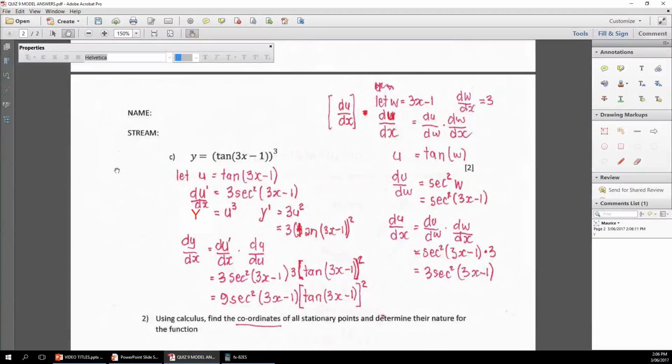Y, that's better. Y equals u cubed. Y dash equals 3u squared. Okay, differentiating that, which equals 3 tan 3x minus 1 all squared. Okay, so now we're going to put it all together. Dy by dx, which is what we were asked to find, equals du by dx dot dy by du. So du by dx is 3 sec squared 3x minus 1, and dy by du,